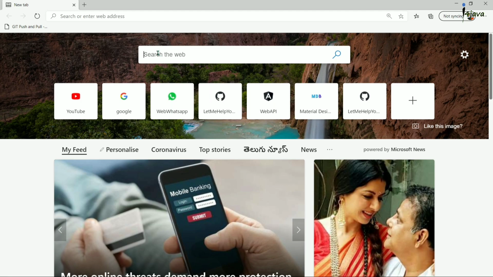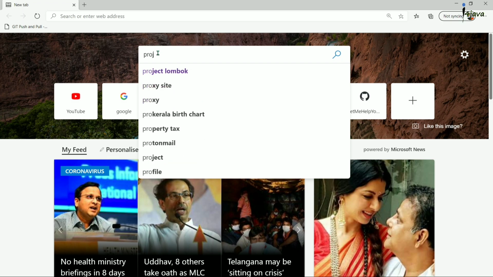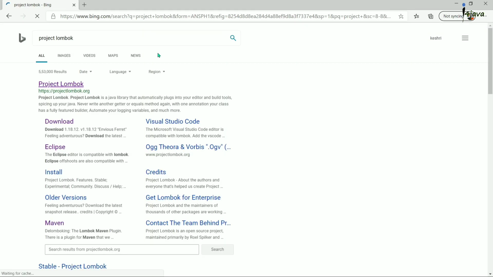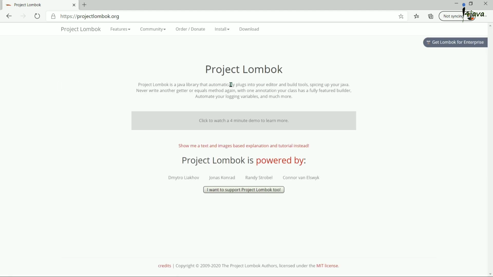Go to your browser and search Project Lombok. Go to the first link, which is projectlombok.org. This is the official website of Project Lombok. Here you can see Project Lombok is a Java library that automatically plugs into your editor and build tools.